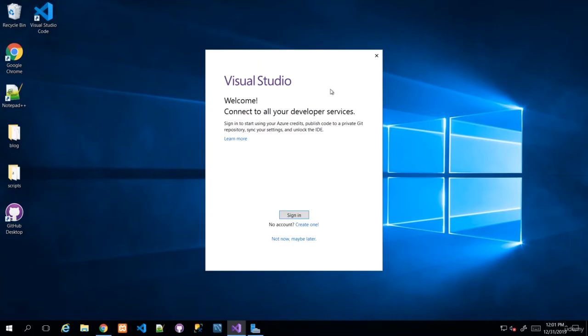Now, once it's launched, it encourages you to sign in or create an account, and you can opt to do that later. Now, with the Community Edition, it will actually give you a little like a 30-day trial kind of feeling if you don't sign in. So if you choose not now, maybe later, and then later down the line, you see like they're saying, oh, it has expired or something like that. It's really just saying that they expect that you sign in. Once you sign in, then there is no expiration experience that you'll have. All right. So I'm just going to sign in